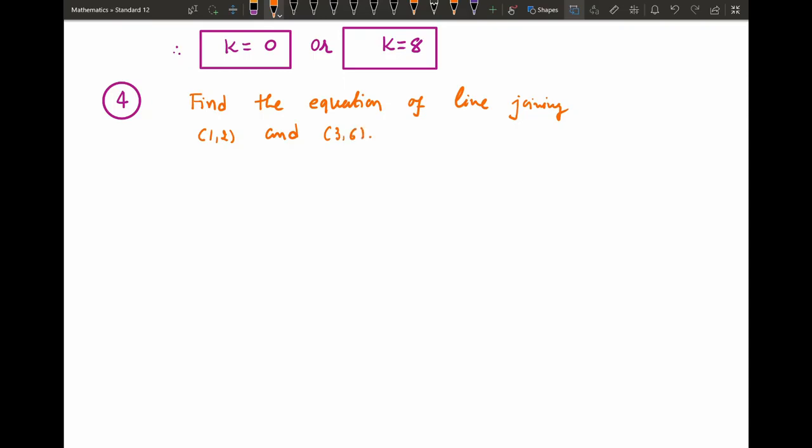So we have to find the Cartesian equation of the line joining 2 points, which we denote respectively by A and B. So solution: